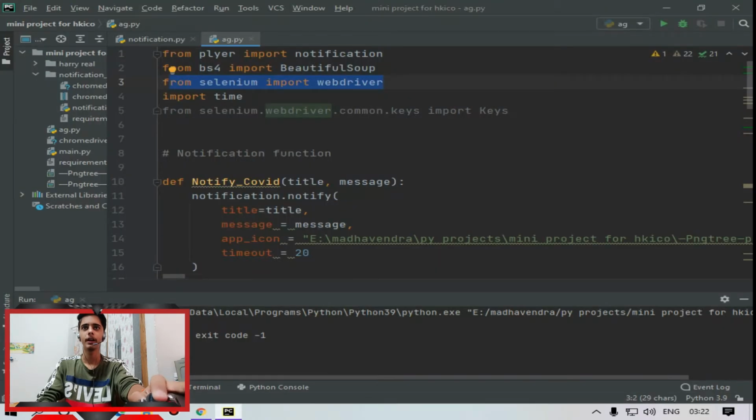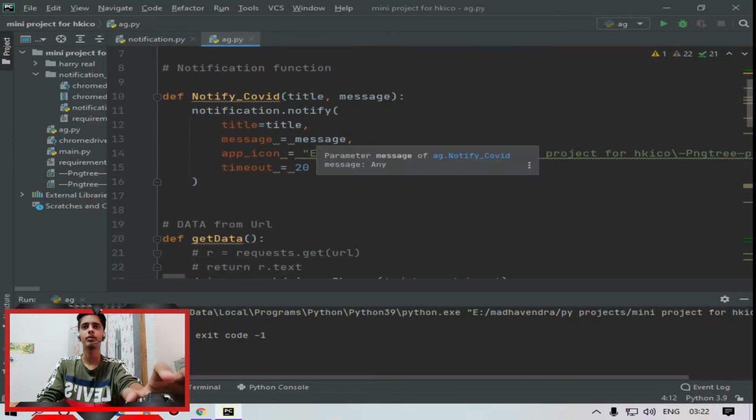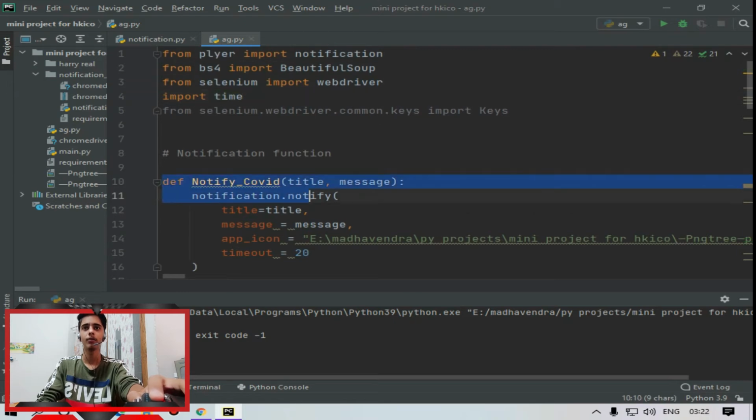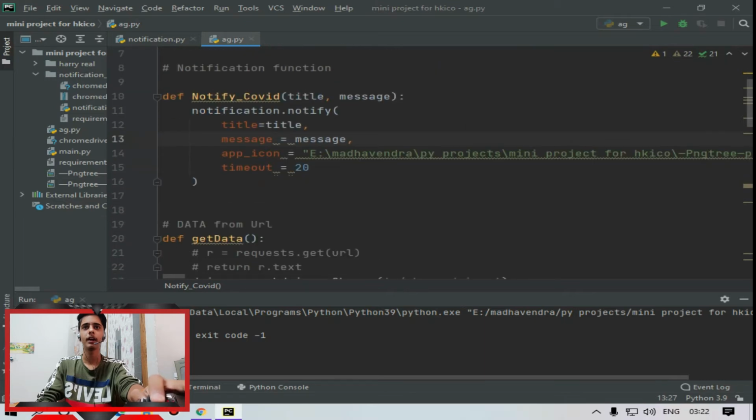I imported time to run my software after every period of time that you want, and then I make a function named notify COVID. In this I make how the notification interface is and what the time is.